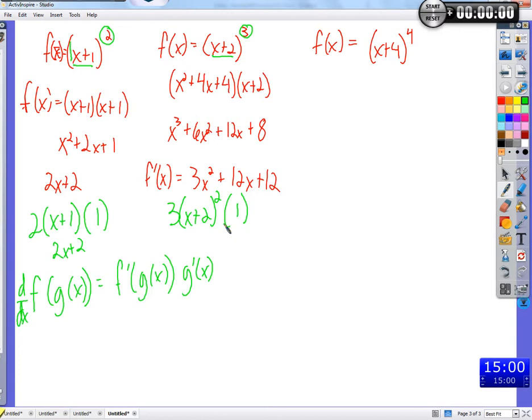So here we come to this one, we didn't even try to multiply this one out. It would be 4 times (x plus 4) cubed, times 1. Here, let's change it. We'll make the inside function so that it doesn't have a derivative of 1, because that's a little too easy. Let's just try x squared plus 4 to the third. So it would be 4 times (x squared plus 4) to the third,